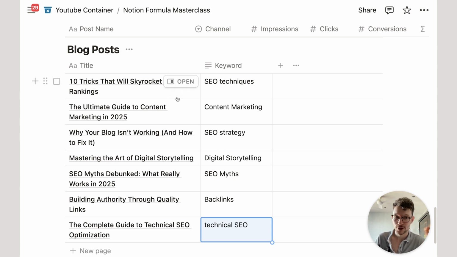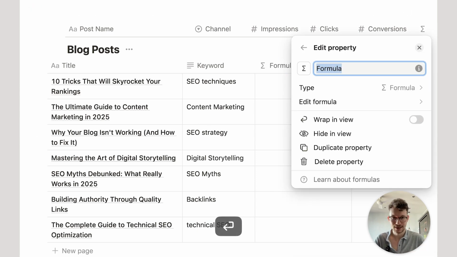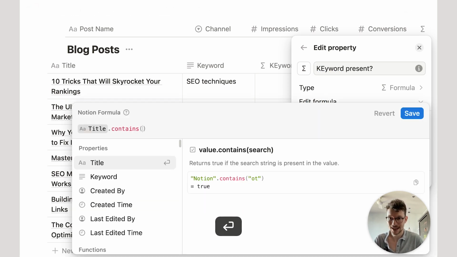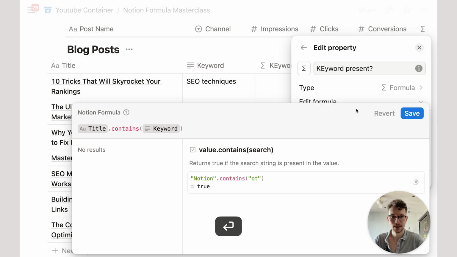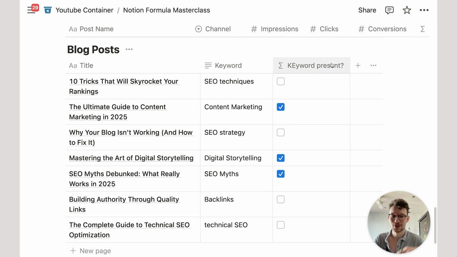Right? And one thing that we want to make sure of is that the keyword that we tie to our blog post is actually contained in there. So let's create a formula to check for that. Let's call it "Keyword present?" Edit formula, and very simple. We get our title, and then we say contains, and then we input our keyword. Then we can click on save, and now we will get checkboxes, Booleans, remember, because it's like a true or